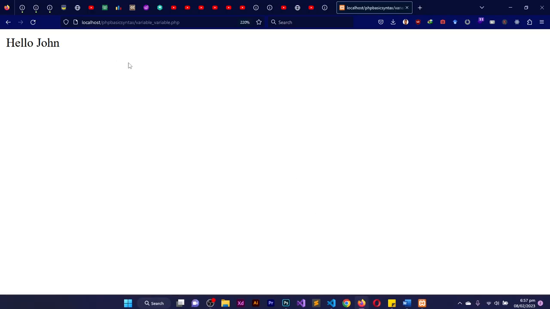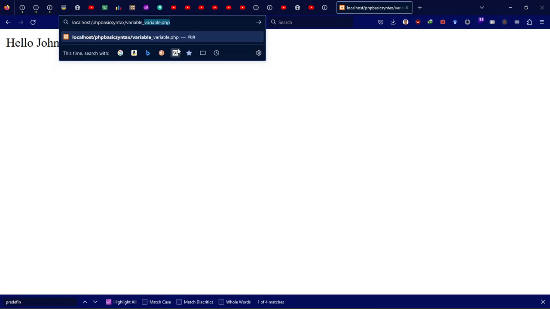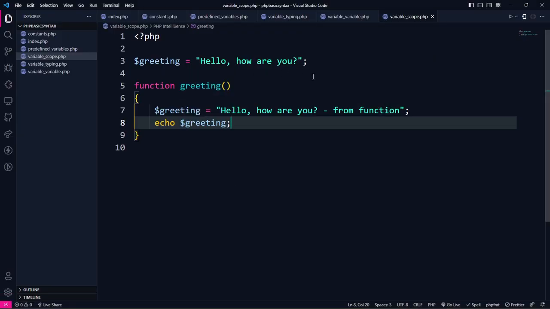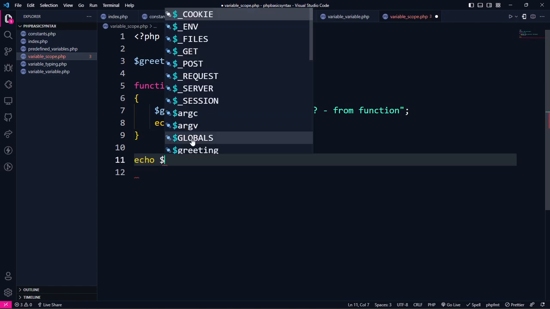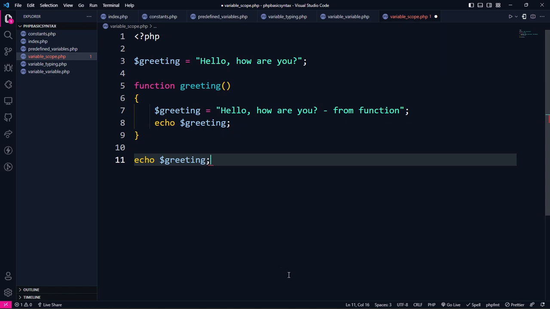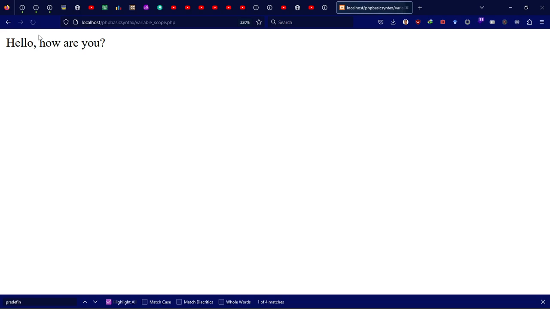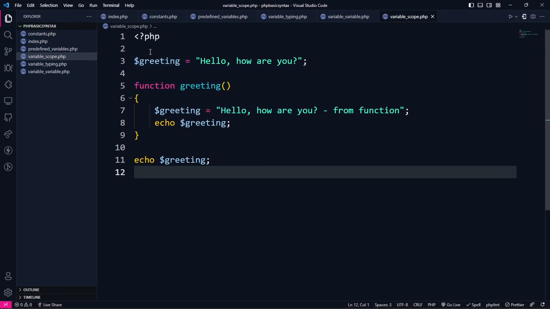I'll run variable_scope.php. Okay, so we are not getting any output. Yes, so let me just echo this thing here, echo greeting, and then see what we have again. So, hello, how are you? So we can see that this is coming from the first variable declaration here. Now this is a global